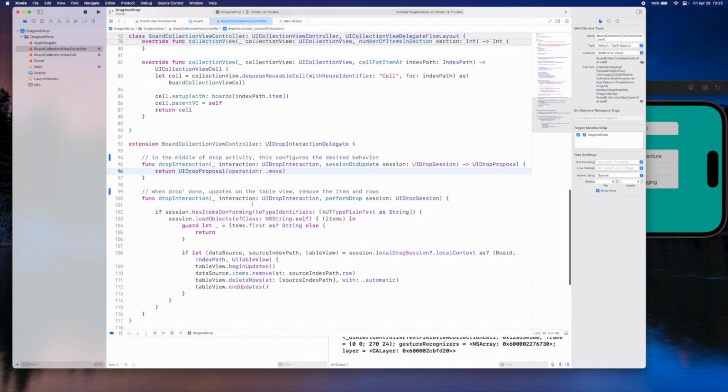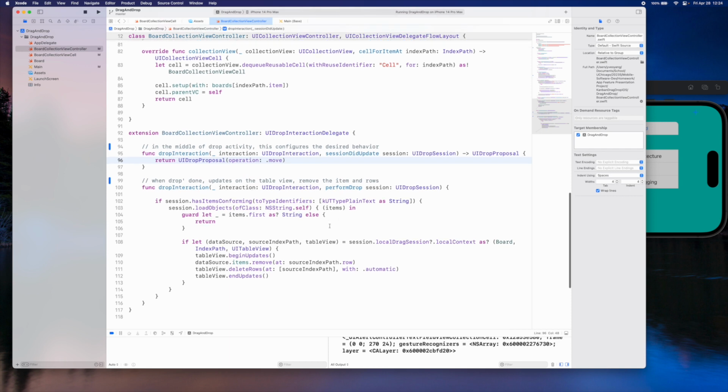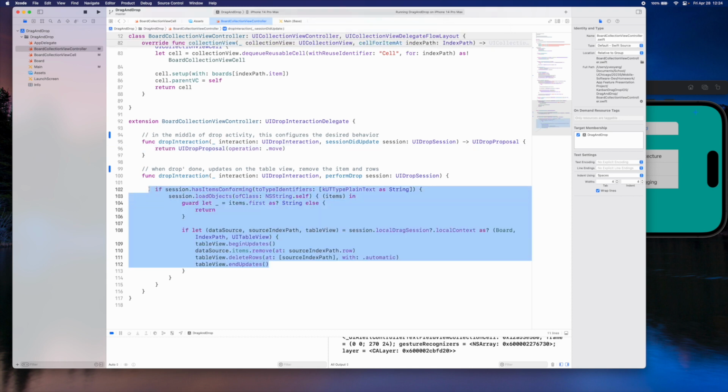Next, we define another drop interaction method, performDrop session, which is for when the drop action is actually done. Inside, we update the table view again using tableView.beginUpdates. We do the data source item removal, also delete the original rows in the table view, and then end the updates.